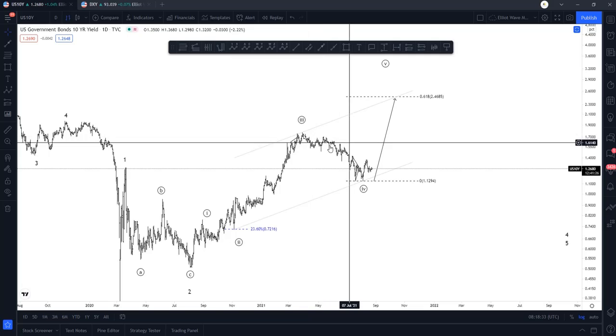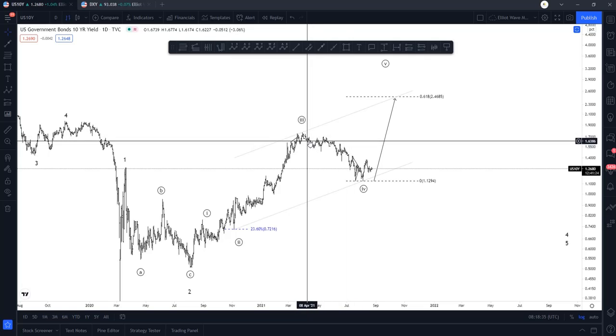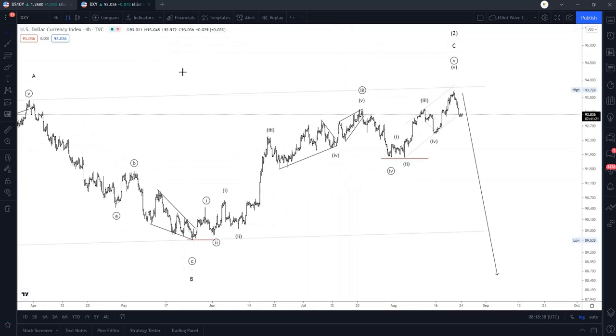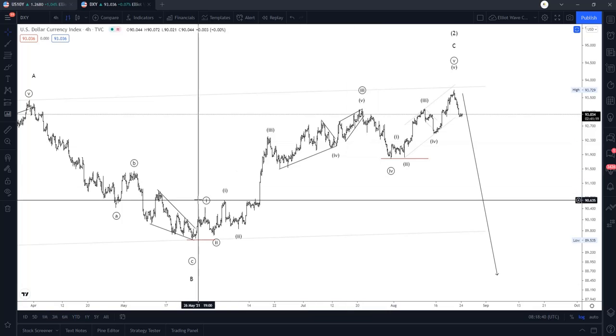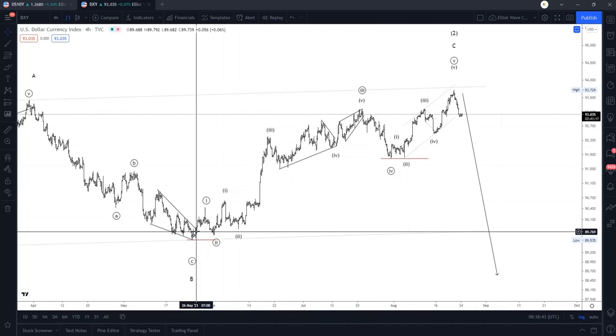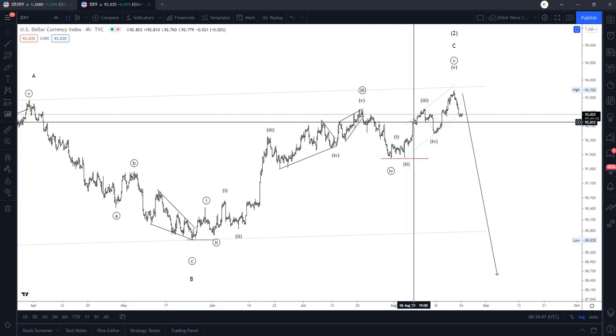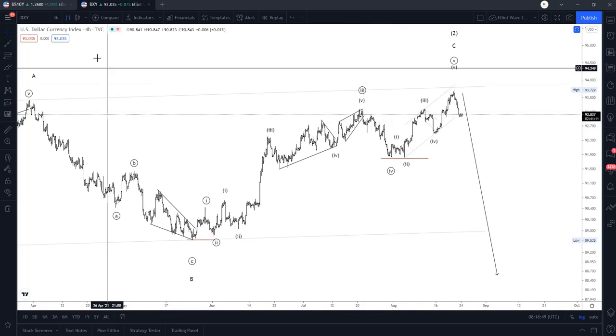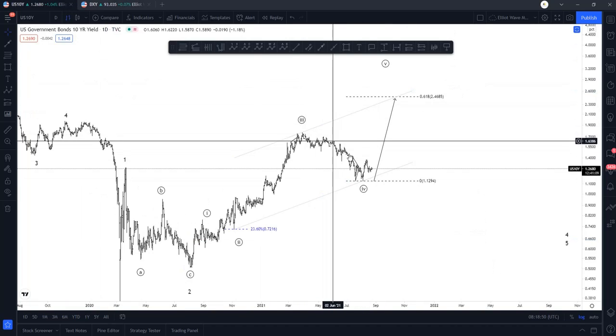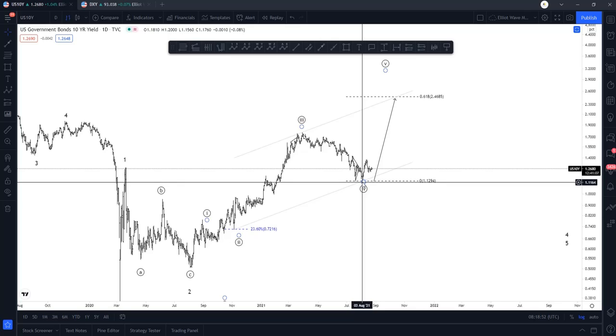Then, ever since the correction, we have seen the dollar make a limited strand of upside movement. So the upside movement of the dollar has been limited ever since the 10-year yield has moved lower. As you can see here, how lethargic the dollar index has been in terms of its potential upside movement has been decreased because of the downside in the 10-year yield, which is why I've mentioned before that watching the 10-year yield can be key as a benchmark for what other markets can do, especially the dollar.